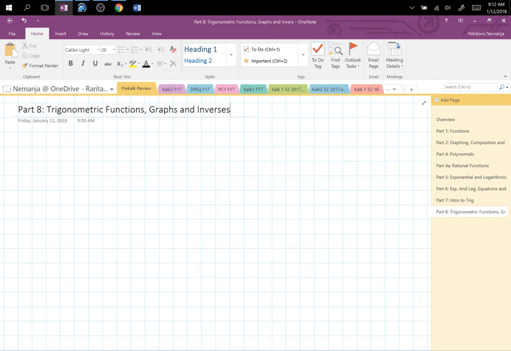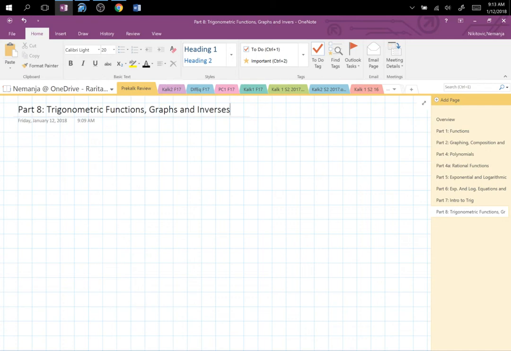This is the part 3, I believe, of the Trig Review. We are going to talk about graphs of trigonometric functions. We have 6 of them. Then we are going to talk about shifting and moving those functions. And then we are going to talk about